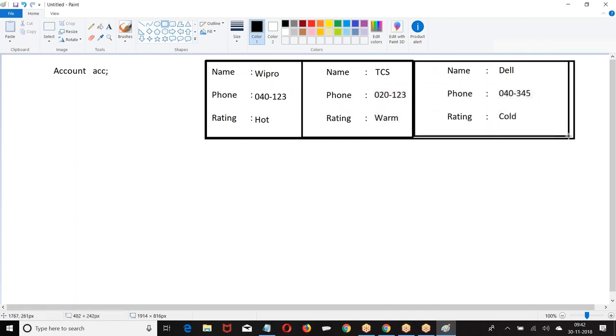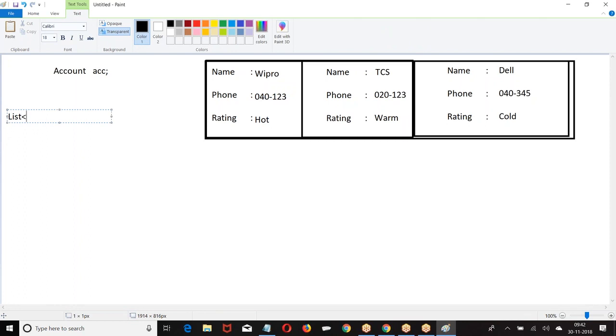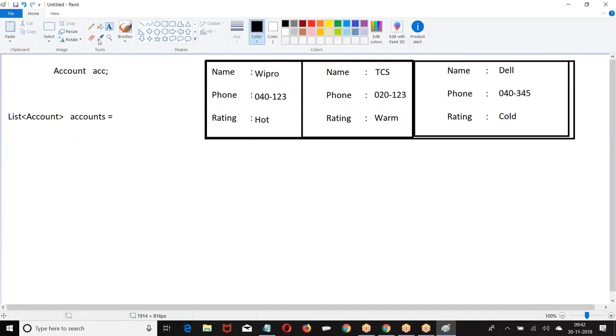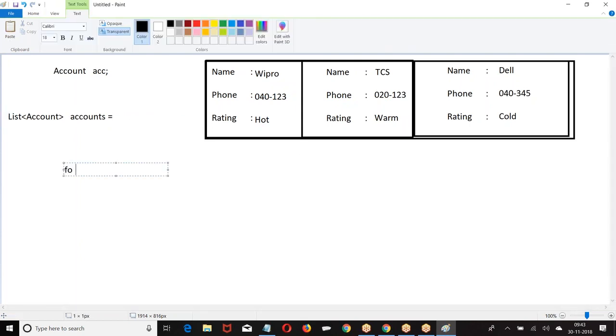These are the records. Now, I call this what? We refer to this as list of accounts, right? Now, how are you writing the loop? For account A. Is it a primitive or reference? It is a reference.